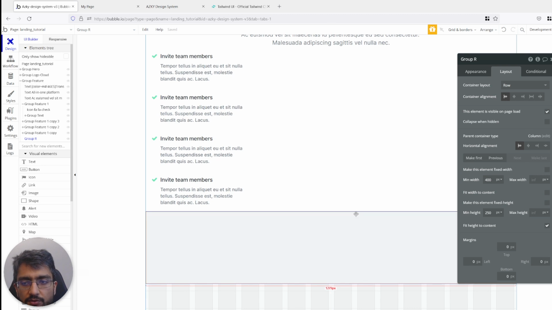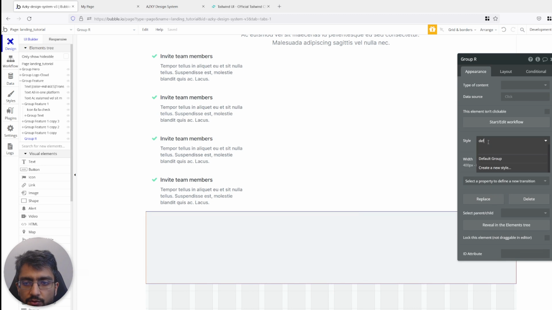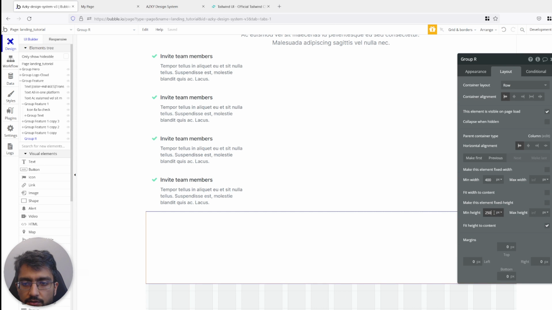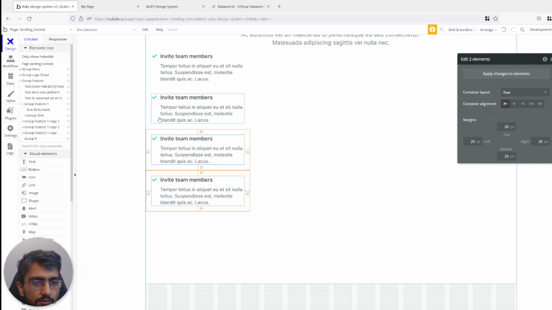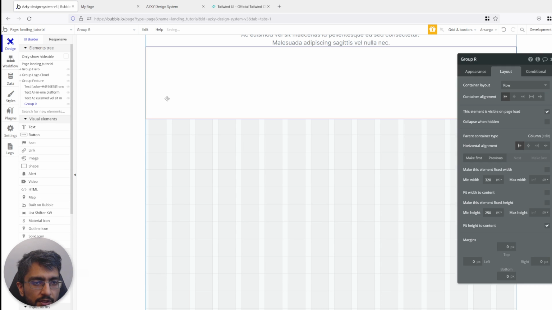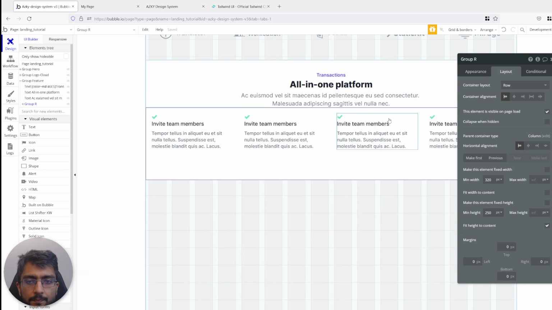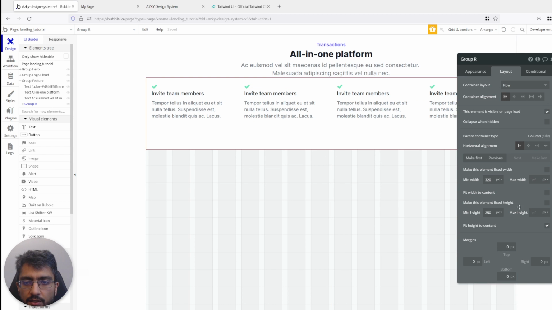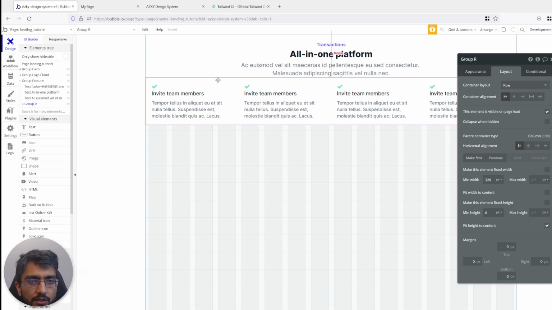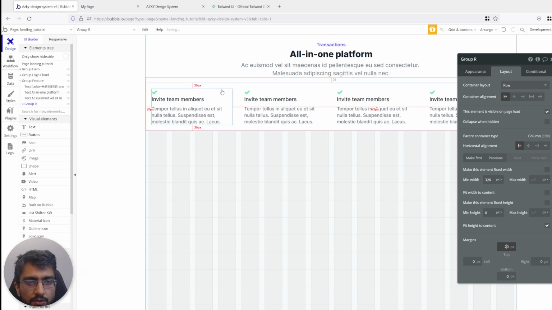It depends. If we don't have workflows, this can work. If we do have workflows, then we have a different issue. But let's see. So 400, 320. Let's see, 1, 2, 3, 4. Control X, Control V, and we have them in a row. Okay, so the height can be 0. Hug this thing. The top margin,